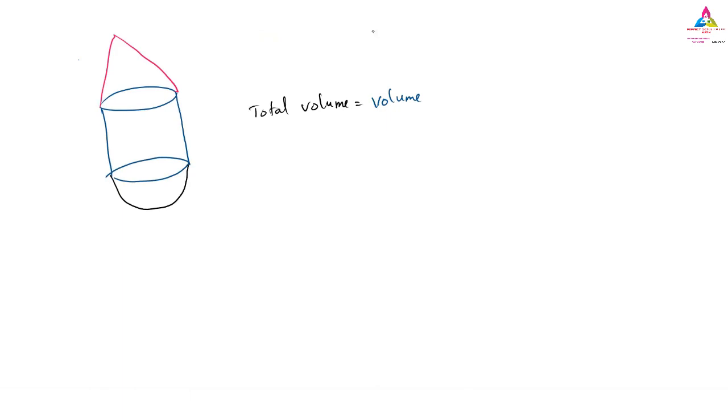So first one, volume of cone. Next, volume of cylinder, because there is a cylinder in between. And lastly, I will write down the volume of sphere, not a total sphere. It is not a whole sphere. How much sphere is it? Hemisphere. Yes, hemisphere. So these are the three things. When you add together, it will become the total volume.